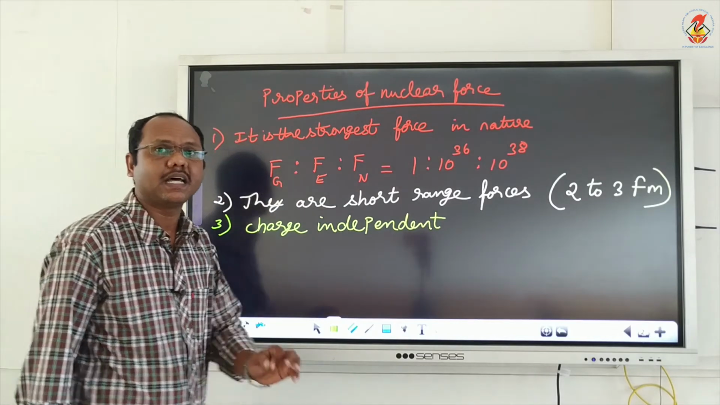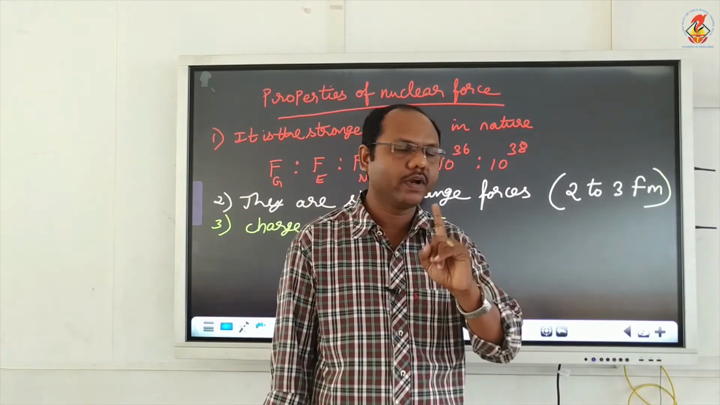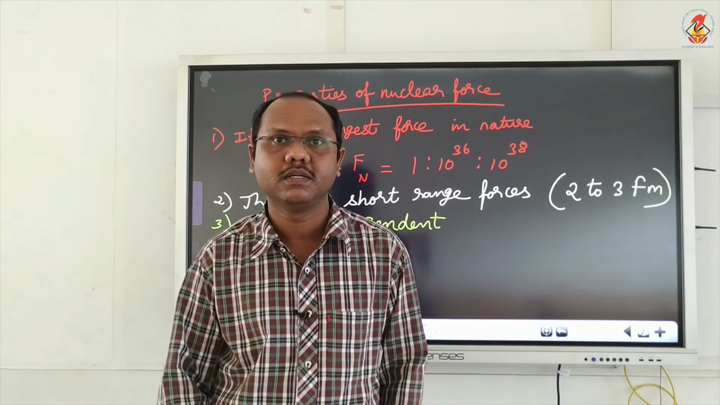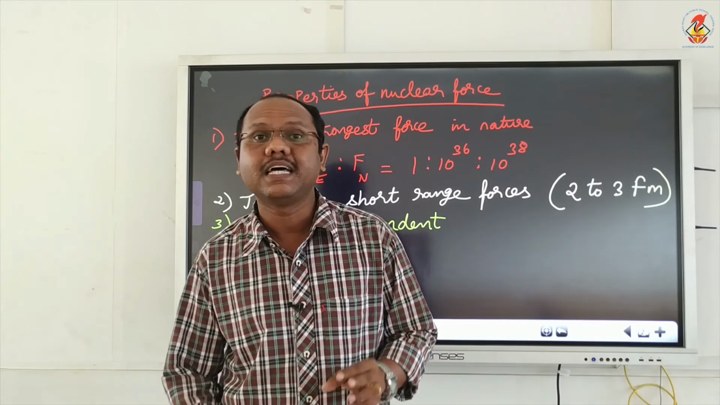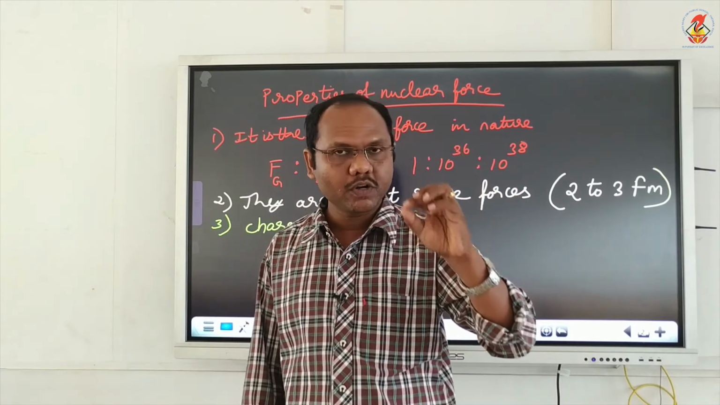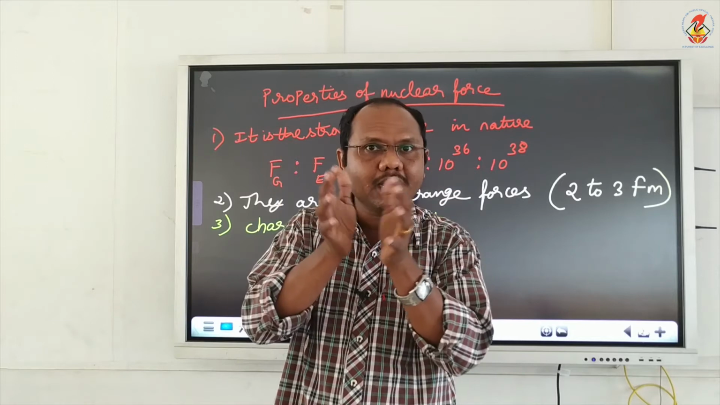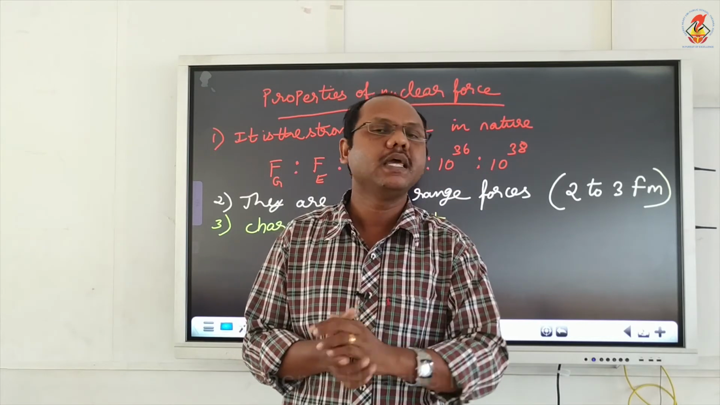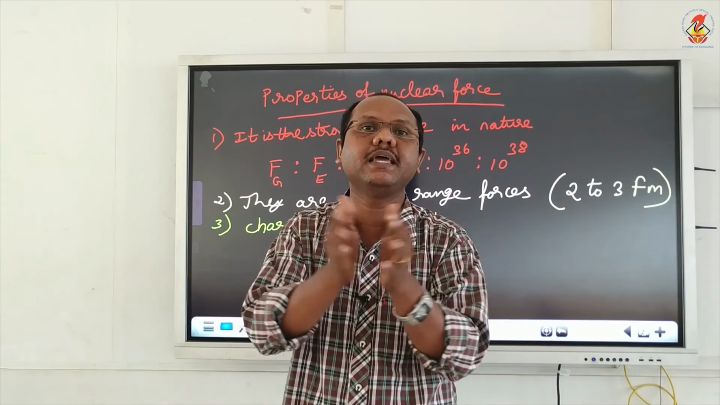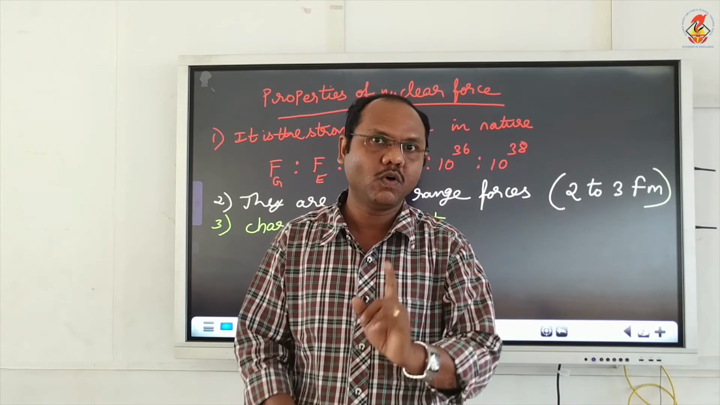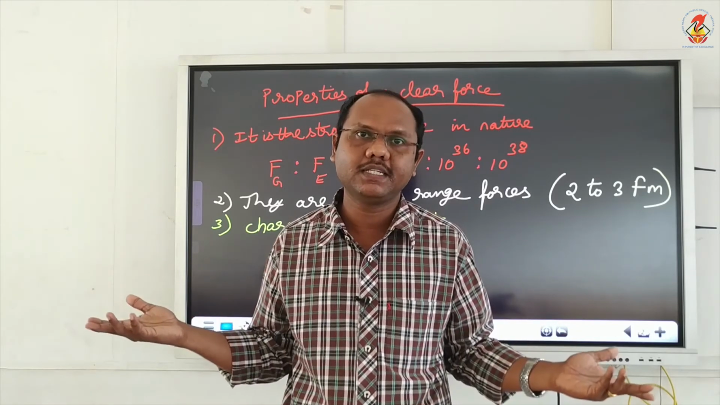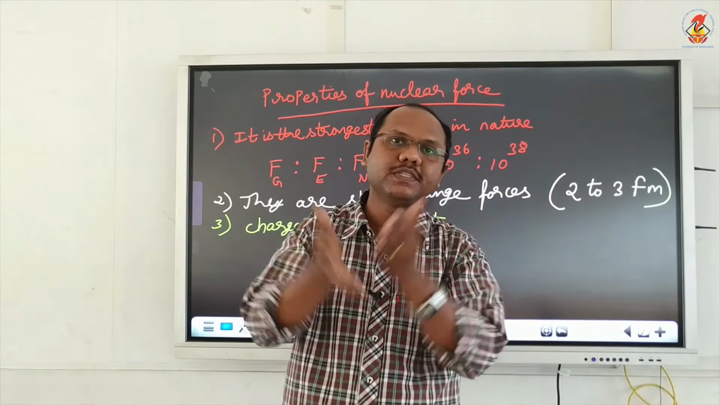So what is meant by charge independent? We already know protons are positively charged, and if I ask you whether protons and protons will attract or repel, you will say repel. That is the electrostatic force of repulsion. But when the protons and protons come in the nuclear distance, they are not considering the charge. If the protons and protons are coming within the nucleus, they will only attract. Similarly, neutron and neutron, there is no attraction, right? Because they have no charge. But when it comes within the nucleus, they will